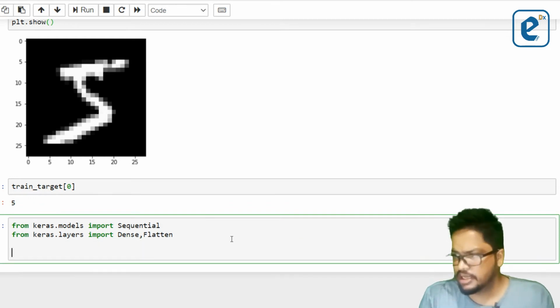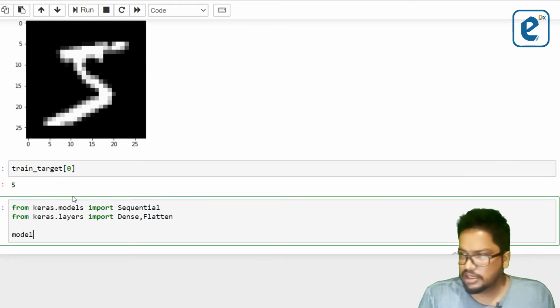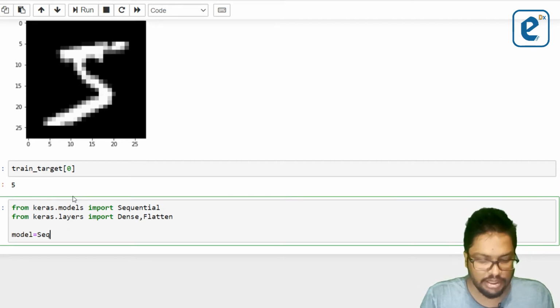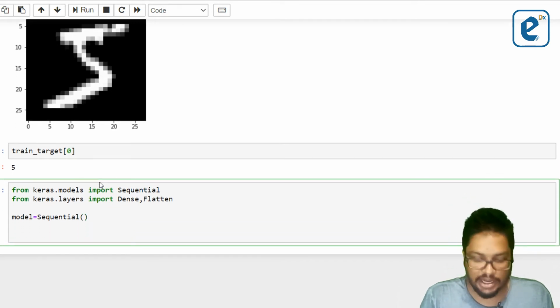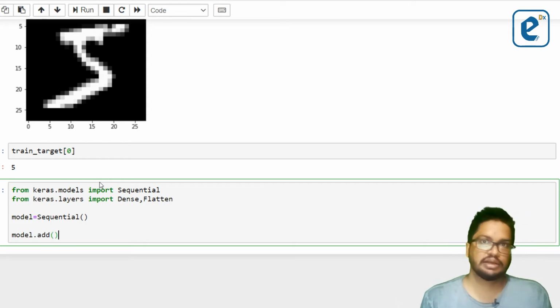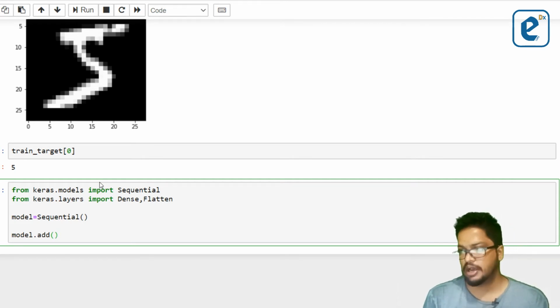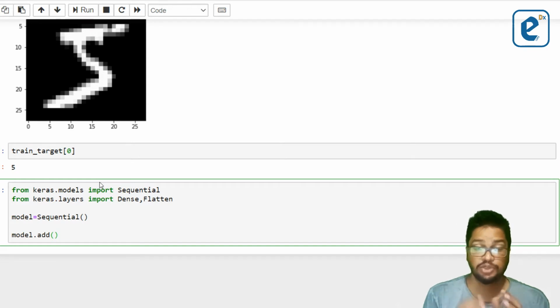And let me create a new sequential type empty neural network model, and I'm going to add the first layer. Now, as I mentioned in the practical session, usually we are not going to mention the input layer, but here we have to, since we are going to apply this 2D image,